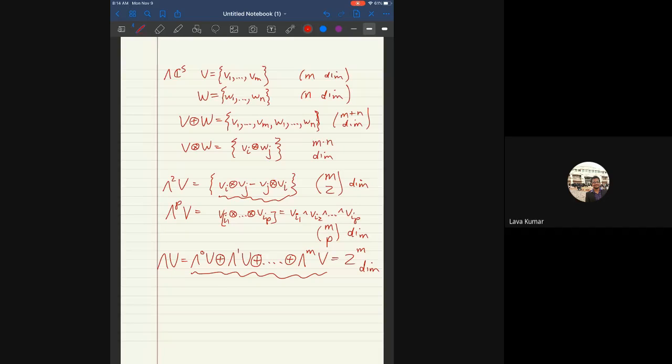And what I will be talking about for SU5 unification is a particular example of this, the case where V is equal to C5. So in other words, this is just the vector space where the vectors have 5 components, each of which is a complex number. Okay, that's what my vector space V is. So it's a 5 complex dimensional vector space. And what we'll be saying is that the vector space lambda C5, this exterior algebra over C5, which is a 32-dimensional